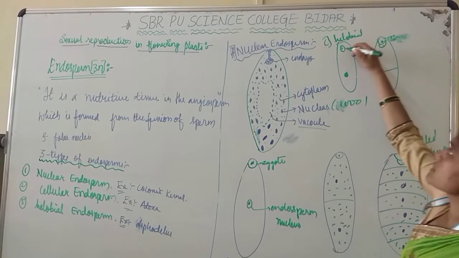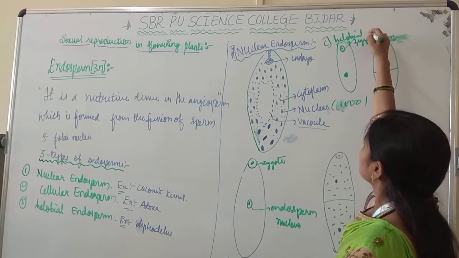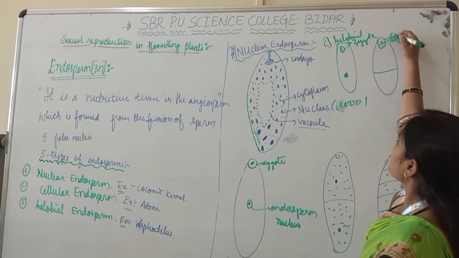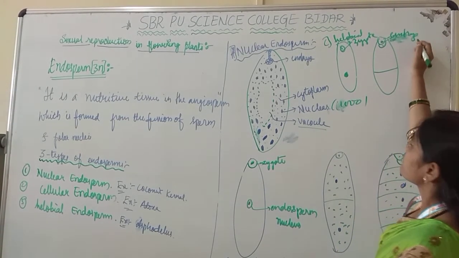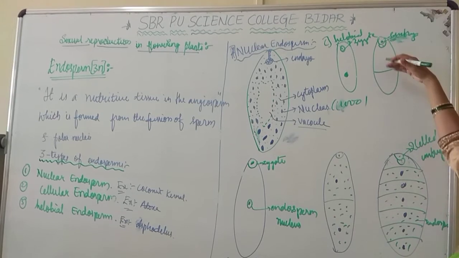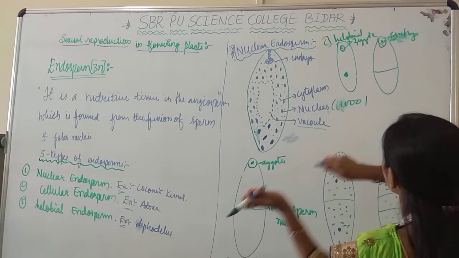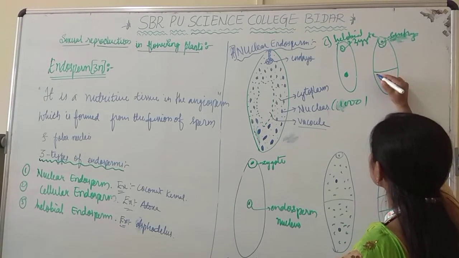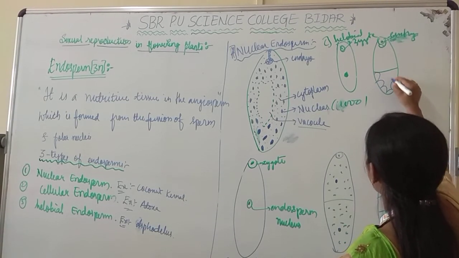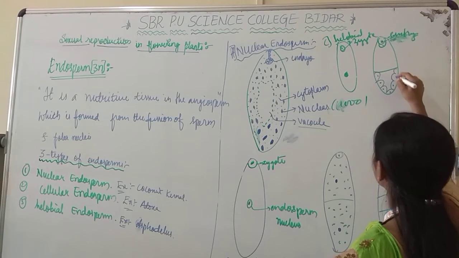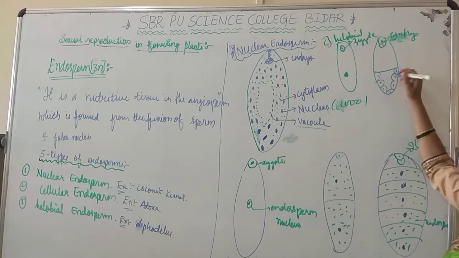Sorry, it is an embryo, this is the zygote, developed into embryo, okay? Embryo. So half of it is undergoing free nuclear division, half of it is undergoing cytoplasmic division. That is, cells are produced here in half. So what do we call that? We call it cellular endosperm, right?